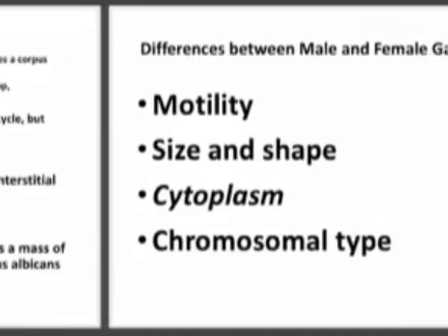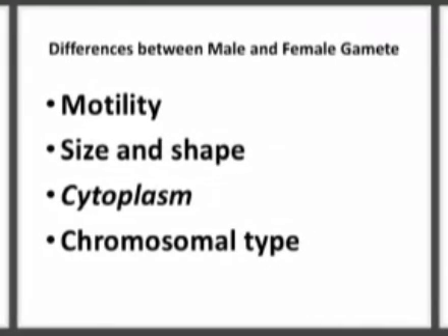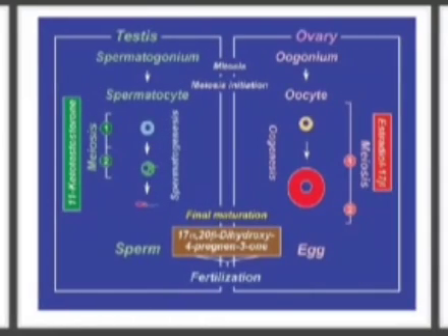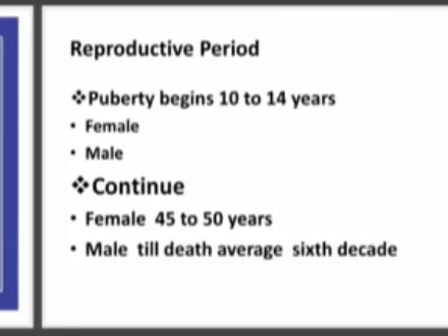the corpus luteum. Differences between male and female gamete: in this, look at motility, size and shape, cytoplasm, chromosomal type. You can look here. Testes, spermatogonia, spermatocyte, meiosis, then spermatogenesis, sperm; and in the ovary, oogonium, oocytes, then oogenesis. There the egg is formed, here the sperm is formed. Reproductive